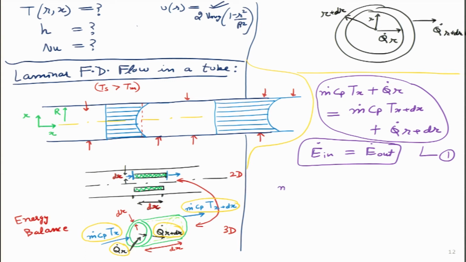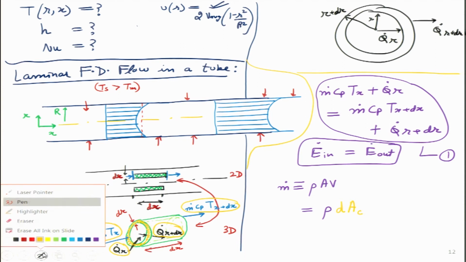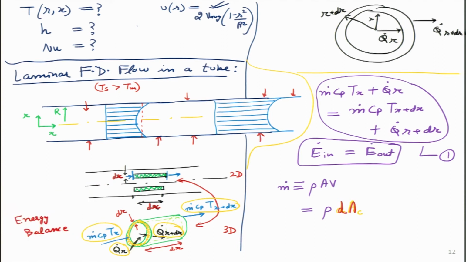Over here, can we write the expression for m dot? I think I can do that. M dot is usually always given as rho A into V. This is the general definition for m dot. In this particular differential element, what will it become? Density I can assume is constant. This A is this small cross section that I will highlight in orange color over here. That is this cross section over here, because this is the cross section in which mass is entering. So, I can write it as dAc. Maybe I will write with darker ink so that it is visible. I will write it as dAc, the small area cross sectional.